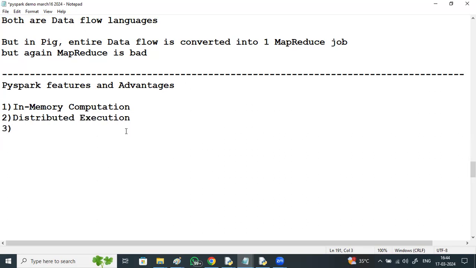Okay. Now, as compared with MapReduce, what is the advantage you are going to see in the case of Spark? Very high speed, right? First thing is very high speed, like 100 times faster, I say.